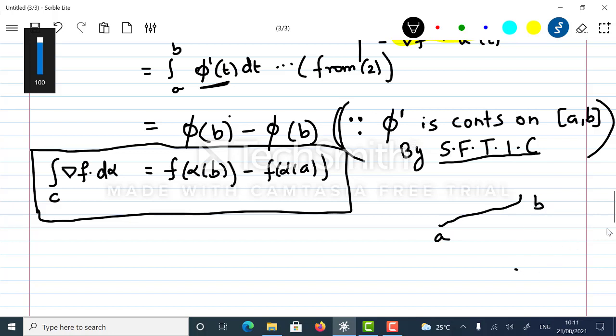Now I'm saying that a and b are connected with some smooth curve like this. So it consists of different pieces, so let me call this c1, this is c2, this is c3, this is c4. So c is c1 union c2 union c3 union c4, and so on. So that way, case 2,